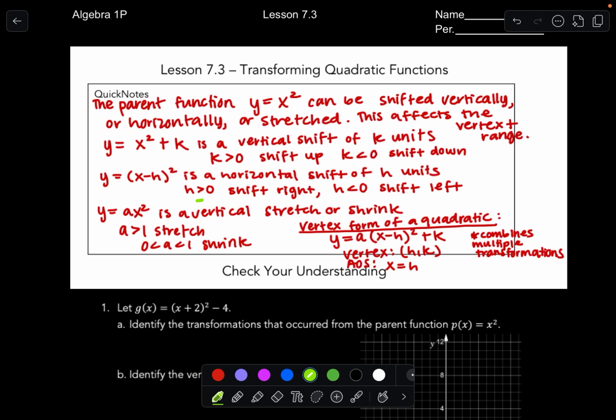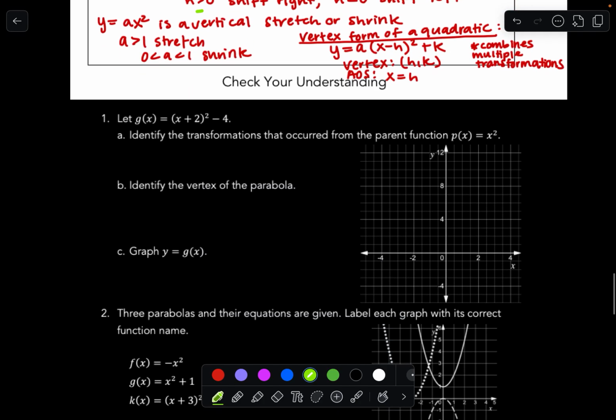All right, class, this is the Check Your Understanding for Lesson 7.3, Transforming Quadratic Functions. The first one is g of x. They want us to basically go through the steps of graphing this expression. All right, and they're breaking it down in pieces. The first one is to identify the transformations that occurred from the parent function of p of x equals x squared. Well, the x plus 2 means the